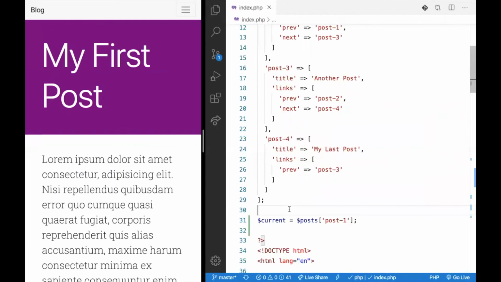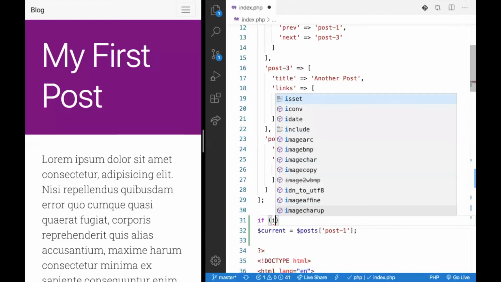All right, so here we go. We're going to do another if statement here. The first thing we need to check is that there is a query string, because we don't know that. The way we tell if there's a query string, and specifically a query string that contains the variable post, is we use isset, just like we did before. So we're going to do if isset